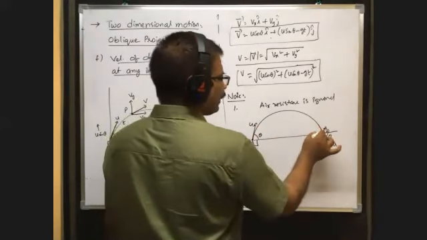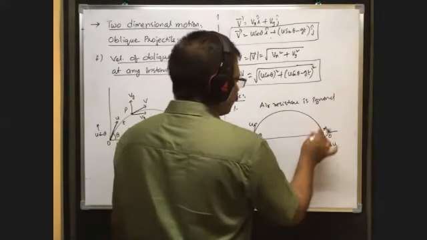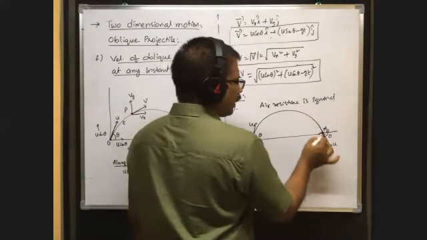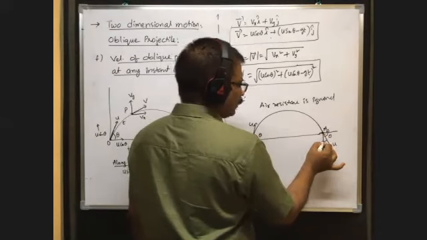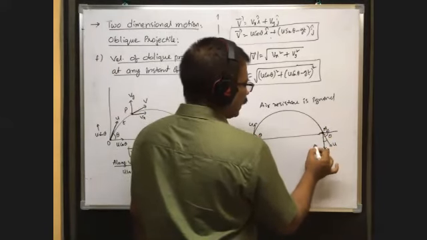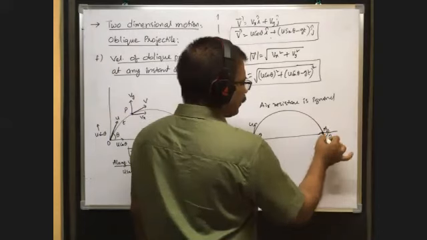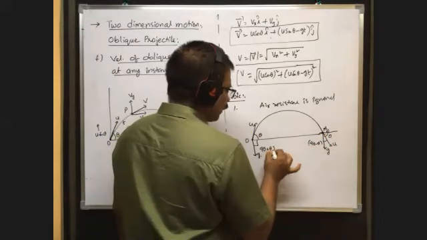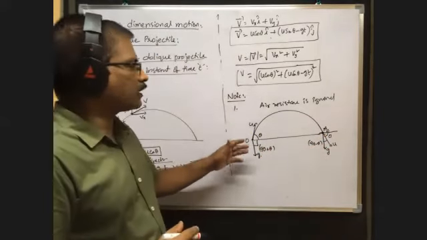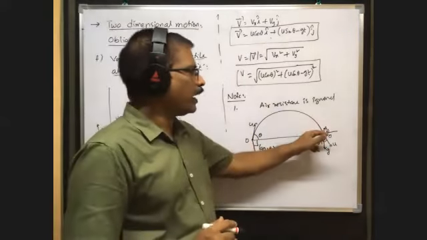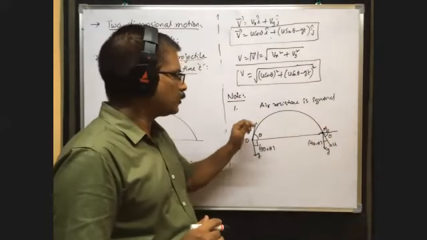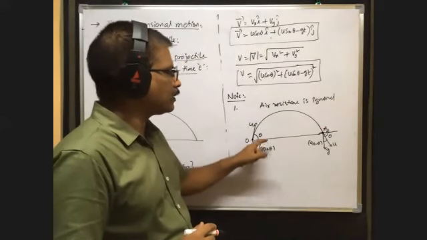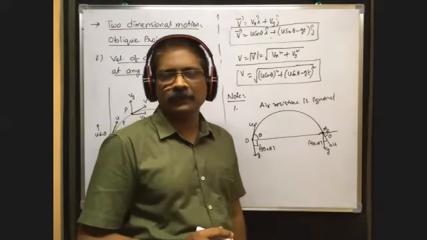Next, before it reaches the ground or the horizontal plane passing through point of projection, what is the angle between its velocity direction and acceleration due to gravity? This angle is, totally this is 90, so 90 minus theta, no? Here it is 90 minus theta, there it is 90 plus theta. That means when the oblique projectile travels from the point of projection to the point where it reaches the horizontal plane passing through the point of projection, the angle between velocity and acceleration changes from 90 plus theta to 90 minus theta. Okay, am I right?